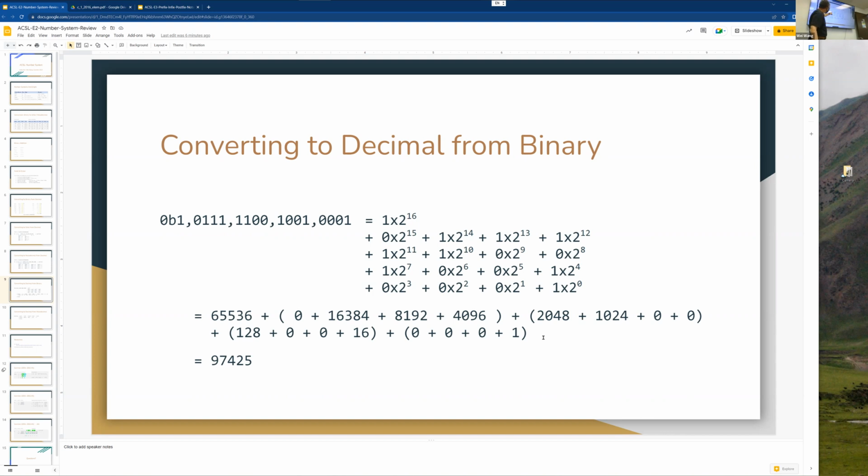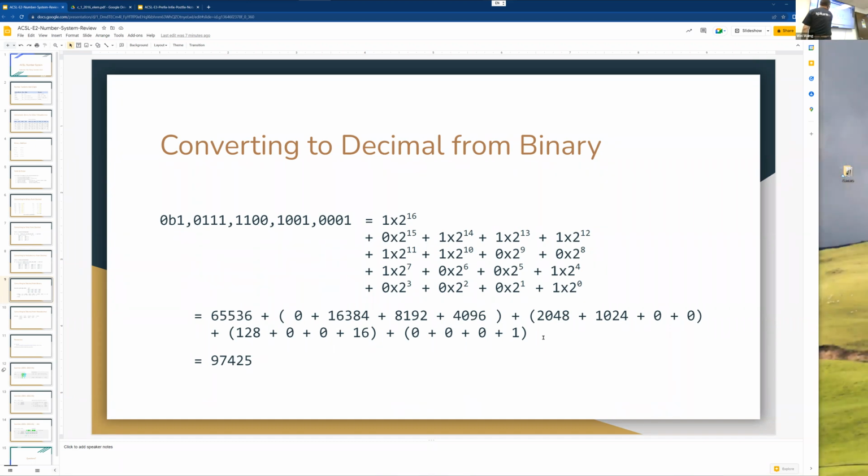We just take these ones, right? The zeros you basically could ignore, but for completeness, I wrote them down here. So starting from the last bit, which is position 0, right? 0, 1, 2, 3, 4, 5, 6, 7, 8, 9, 10, 11, 12,